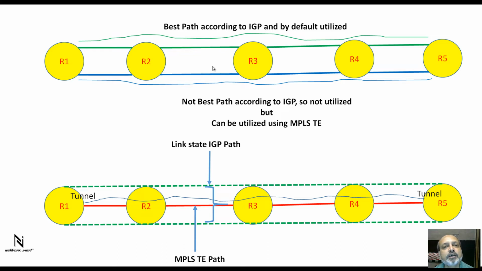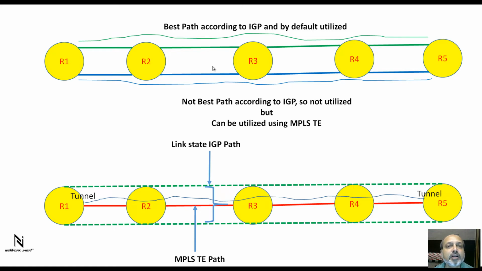And if you are using a routing protocol like EIGRP, which has a concept of variance, using the variance value you can use the not so best paths to perform unequal cost load balancing, right? But at the same time, that particular concept using EIGRP is not very simple. It also has its complications, and moreover, you cannot rely on EIGRP because that is a Cisco proprietary protocol, and in today's networking topologies,